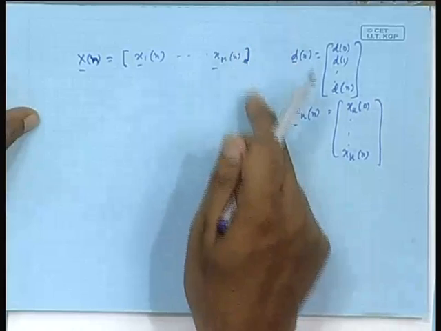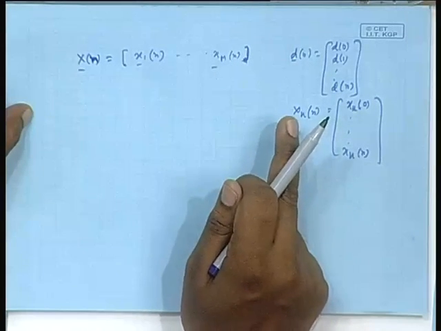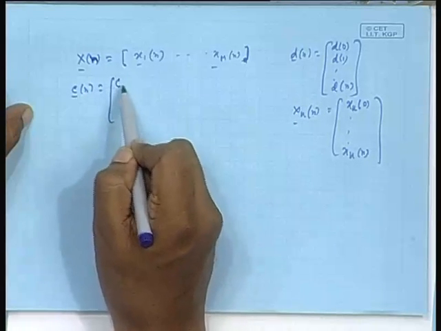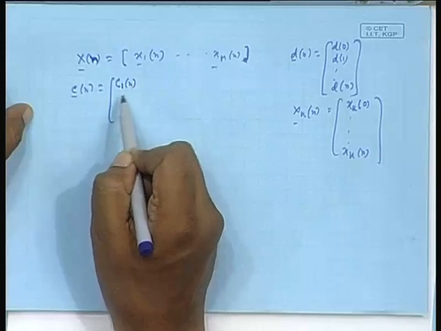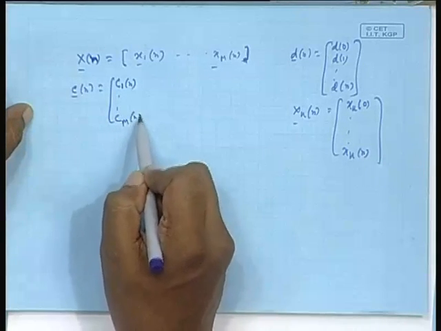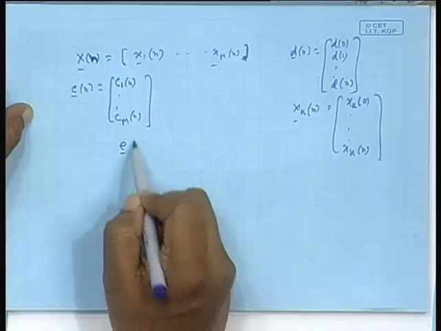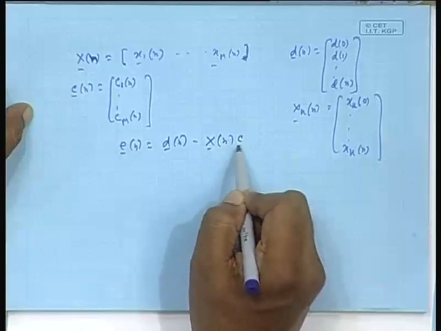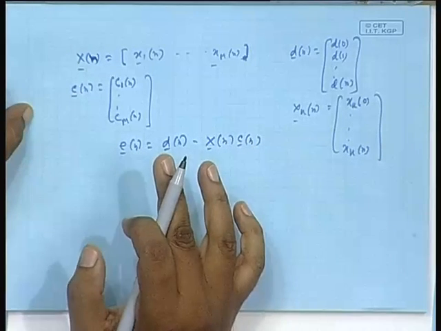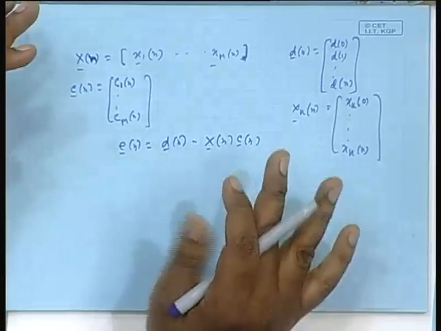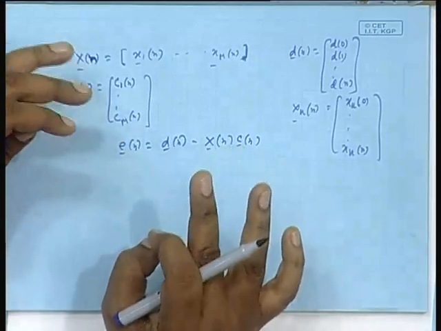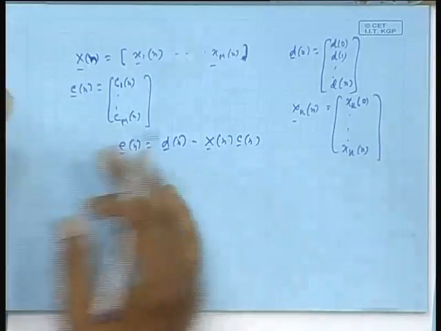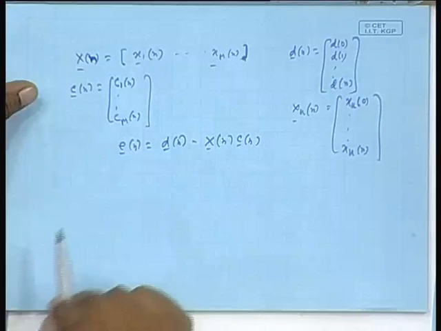I want to find out a set of optimal filter, optimal combiner coefficients, say C n as C 1 n dot dot dot C m n, so that this error vector E n, which is d n minus x n C n, has its norm square minimized. Of course, we all know that it will be an orthogonal projection, it exists and is unique, or alternatively the norm square will be a quadratic function of the combiner coefficients, and a unique minimum you can find out. Okay, what is the norm square?